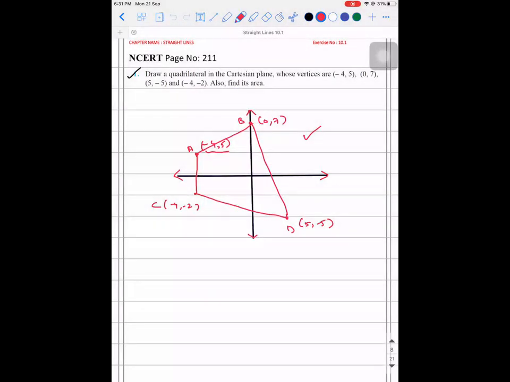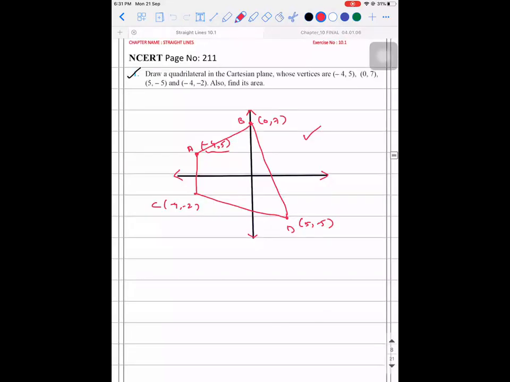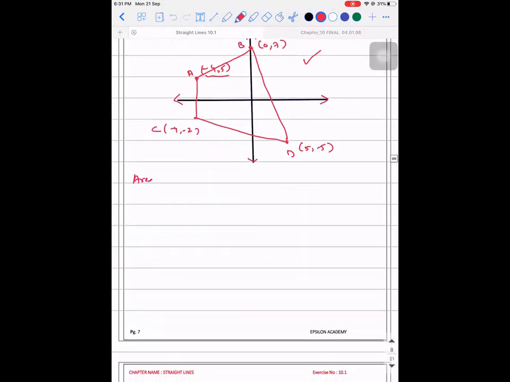So I'm asking, do you have a formula for the area of a quadrilateral? You can actually derive it, not a big deal. But we know the area of a triangle, right? Last year you would have learned the area of a triangle joining 3 points (x1, y1), (x2, y2), and (x3, y3): half into x1 into (y2 minus y3) plus x2 into (y3 minus y1) plus x3 into (y1 minus y2). You have that cyclic pattern, right?